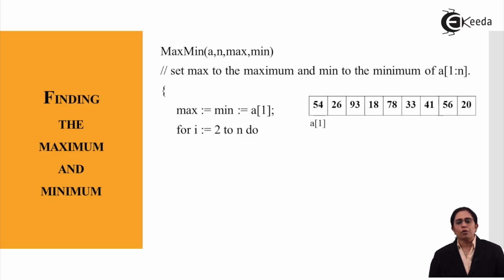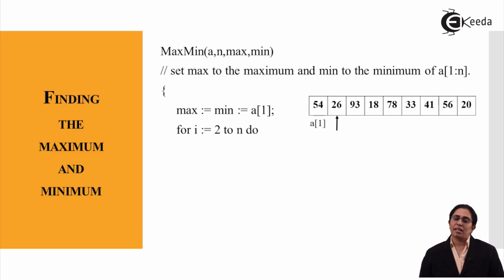We start the for loop for i = 2 to n. Now everybody will wonder why we start the loop with the number 2. Because the first element of my array is already assigned to the min and the max. That is, 2 stands for the index value of my array, not the content of my array. So the index has to start from A[2], as A[1] we have initialized to the min and the max variables. So 26 is where my for loop starts from, that is A[2].